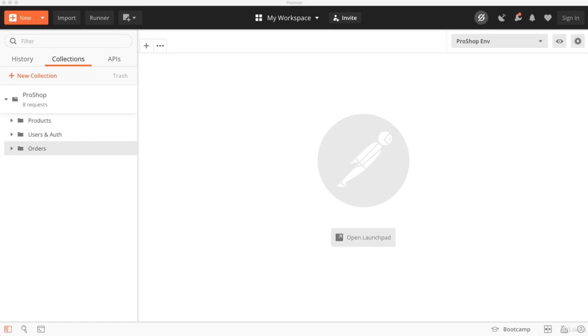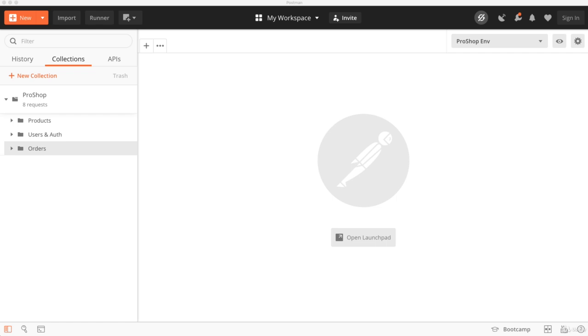So now we want to start to work on admin functionality. Now we have a flag in the user model for isAdmin, and we need to create a piece of middleware that checks for that when we add that middleware to certain routes. So the first route that I want to create that is going to be protected for admins is going to